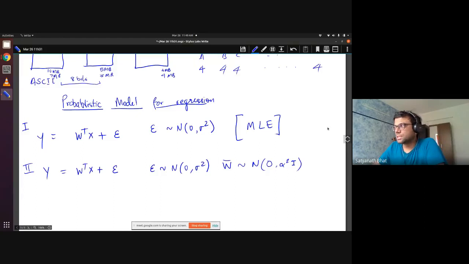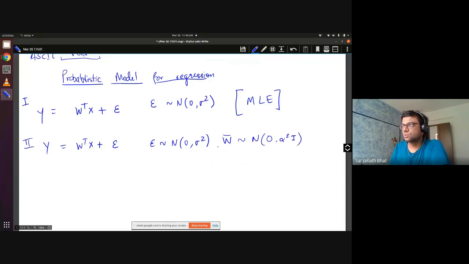Let me explain this a little bit. In a multivariate Gaussian, in a single variable, what you have is this: 1 over sigma square root 2 pi, e power minus x squared by 2 sigma squared. This is what the usual single variable Gaussian will be. In a multivariate Gaussian, if identity times some scalar is there, this is your covariance matrix, suppose.